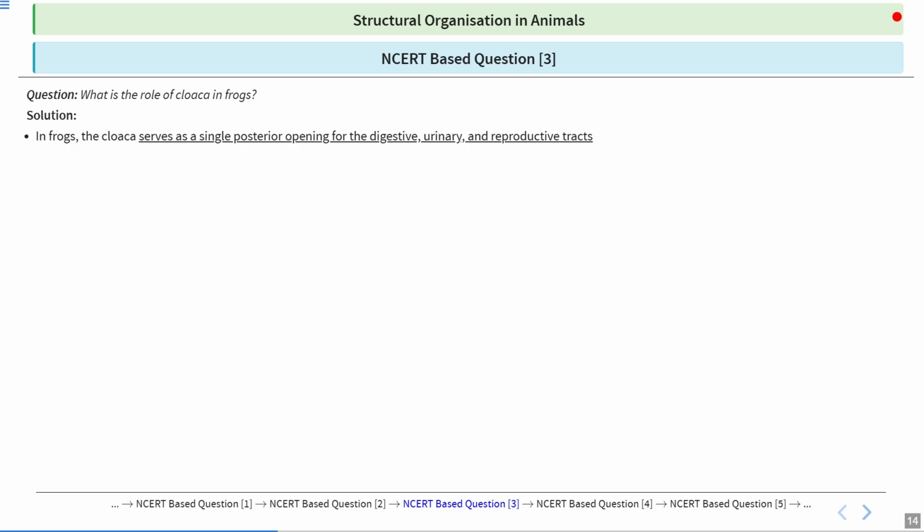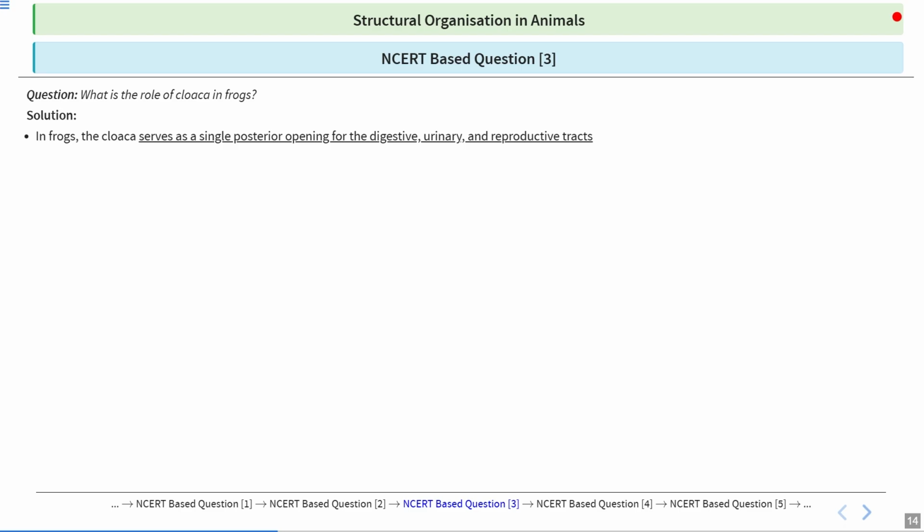In frog, the cloaca serves as a single posterior opening for the digestive, urinary, and reproductive tract. There is a single opening, and that is called the cloacal aperture, right? And this cloacal aperture is for elimination of the undigested food material. Whatever the undigested food material is, it is thrown out of the body through this cloacal